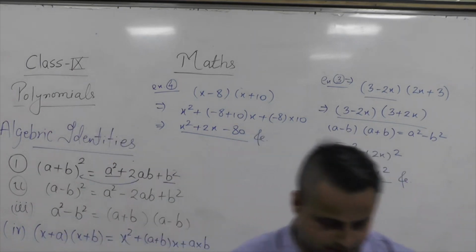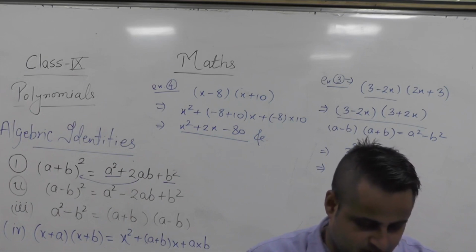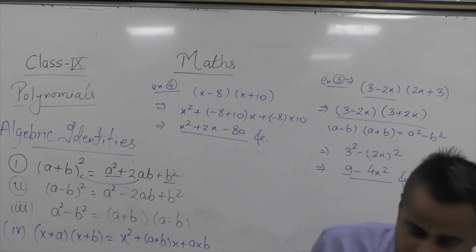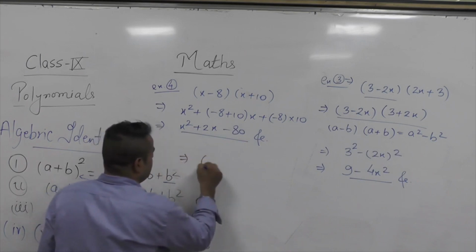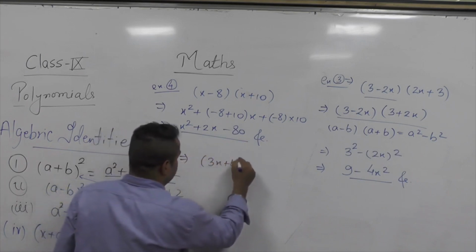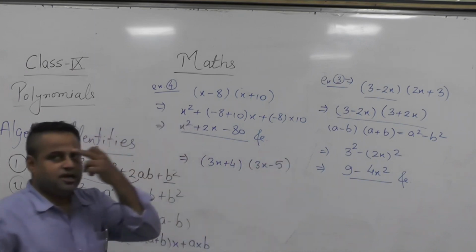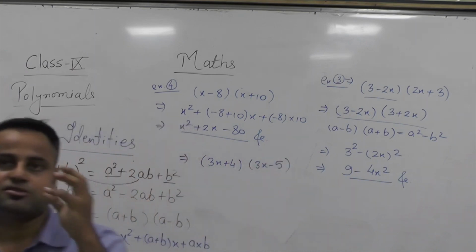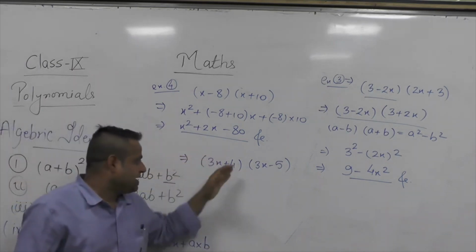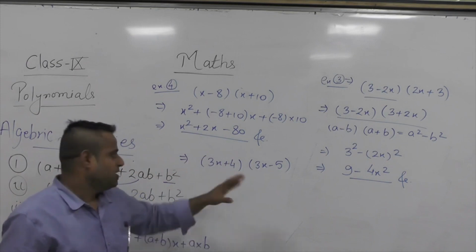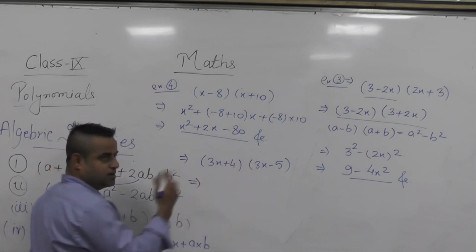I am taking it from the NCERT book. I am trying to take some questions from NCERT so that you can connect as well. Like one more example, the first question's third example is 3x plus 4 and 3x minus 5. Now again you can see the first term is common in both, but the second term is different in both. Okay, and I am taking a minus also so that you can relate to it and apply it nicely.